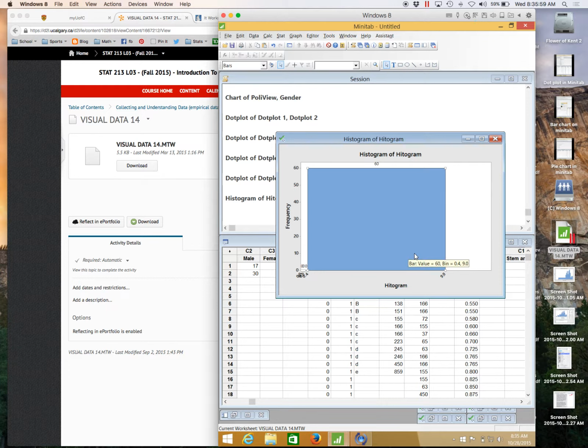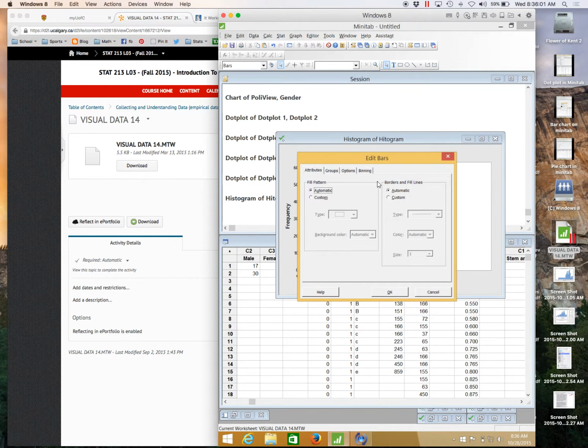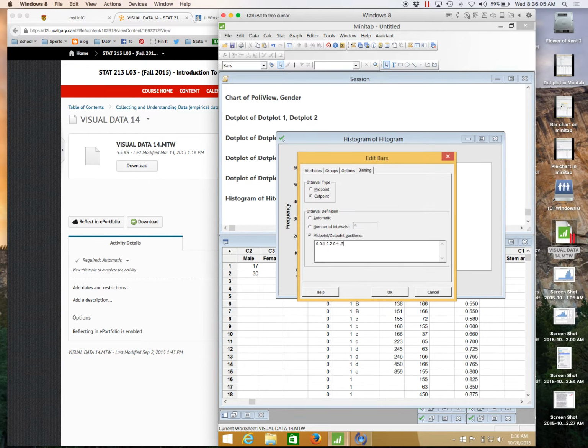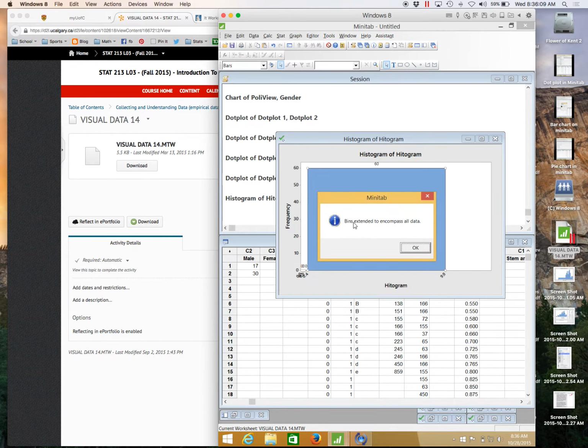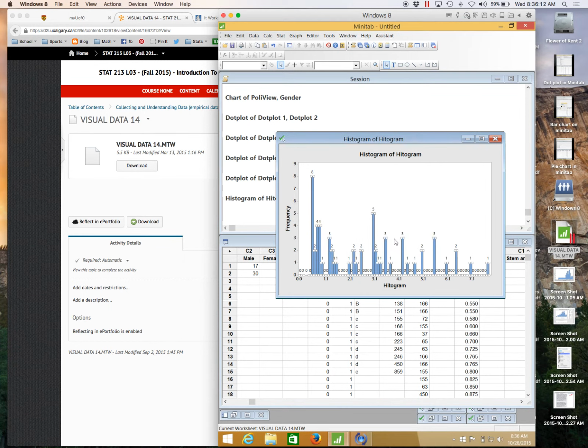Okay, so this is kind of crazy. It's not really a good choice. Maybe I got a little over anxious here. So maybe let's just continue by 0.1. Here it says the bins need to encompass all the data. So what does that mean? It means that